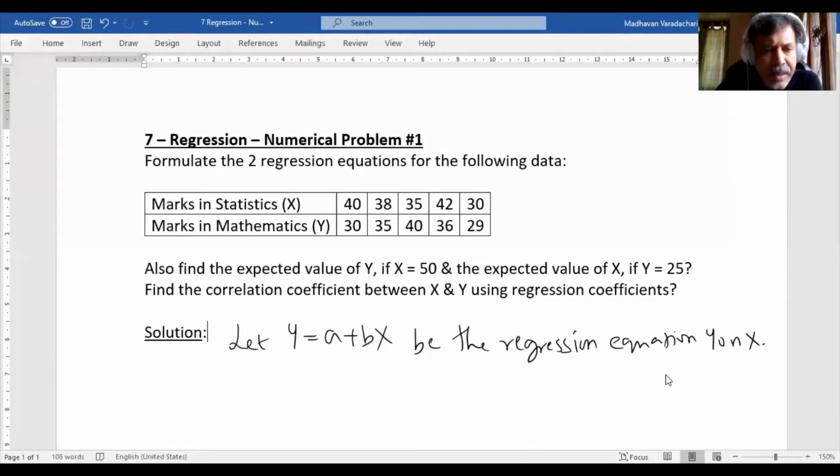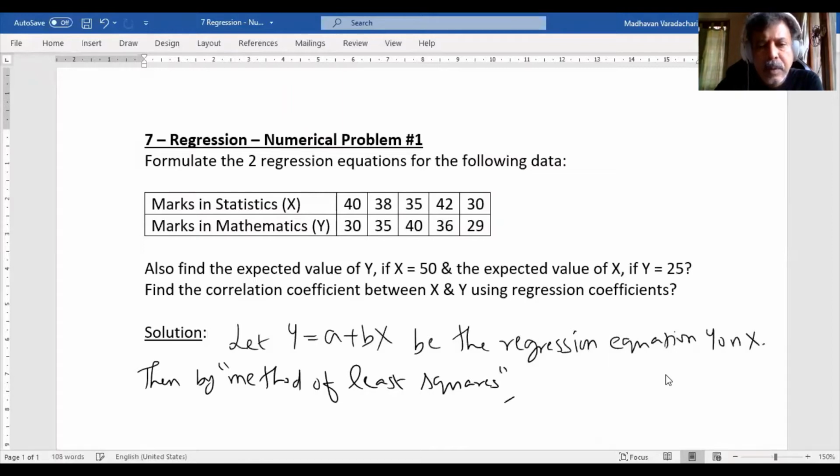We had already seen that by the method of least squares, the normal equations are